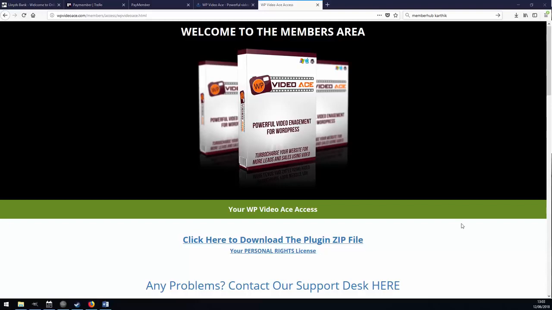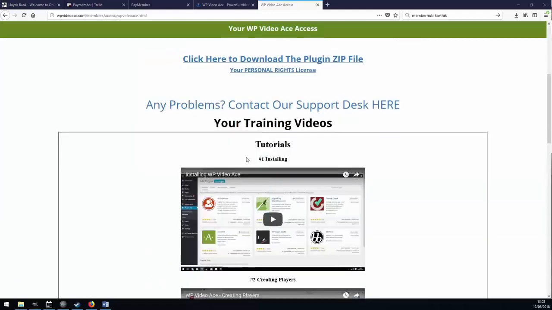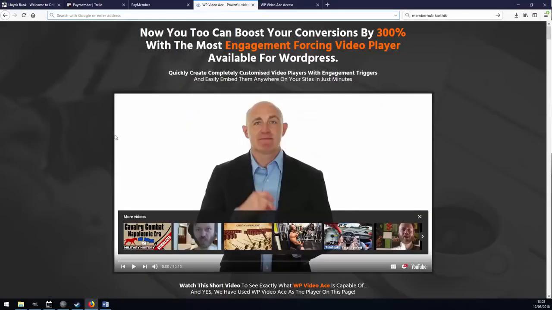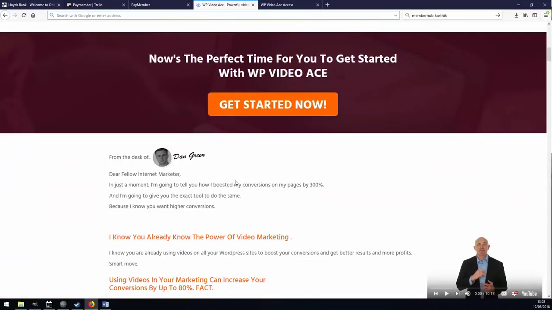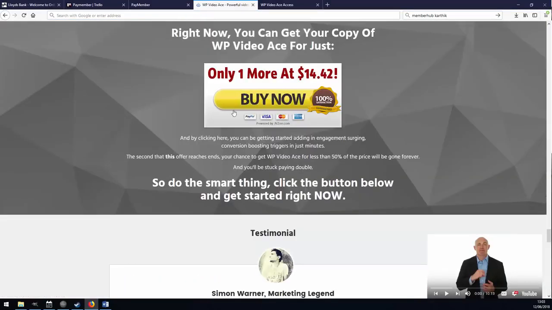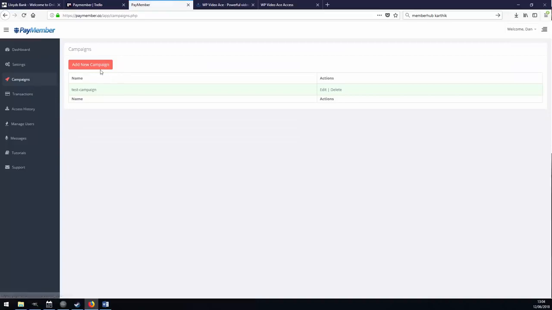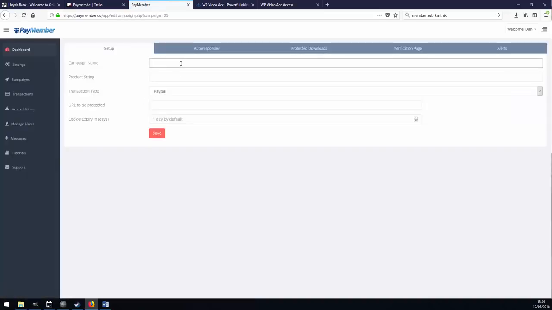Okay, so let's say I want to protect this download page so that only verified people who have actually paid for the product get access. You can see here, this is the sales page for the product. I want to protect it so only people who have actually clicked this button to pay for it get access. So how do I do that? Go to PayMember, I click Campaigns, click New Campaign. I'm going to give this campaign a name. I'm going to call it WP Video Ace, because that's the name of the product that I'm selling and trying to protect, the WP Video Ace